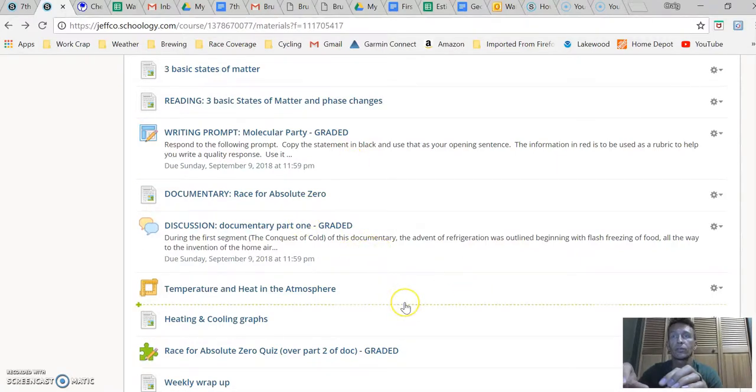There's background information, just like a regular classroom. You have some days where you work on things and there's nothing that you turn in that day to the teacher. It's just background information, maybe some research you need to do, some reading, you need to take notes on something, and then you will do one of these activities. Sometimes there are discussions, as you can see here. Sometimes it's a writing prompt. Sometimes a little quiz in there.